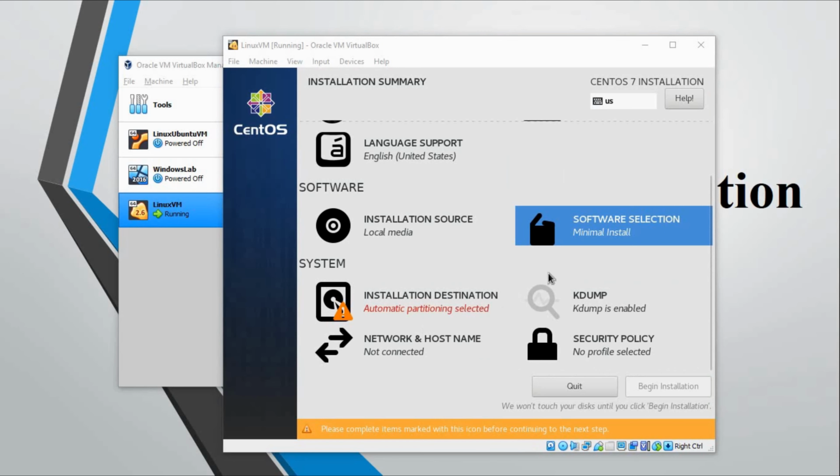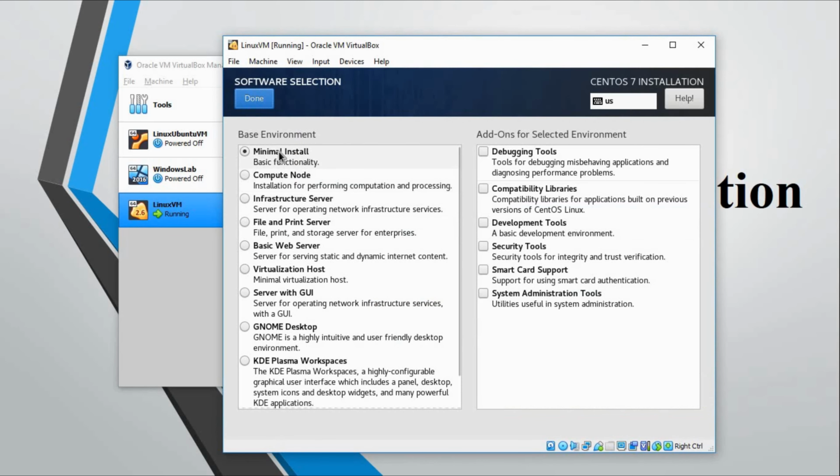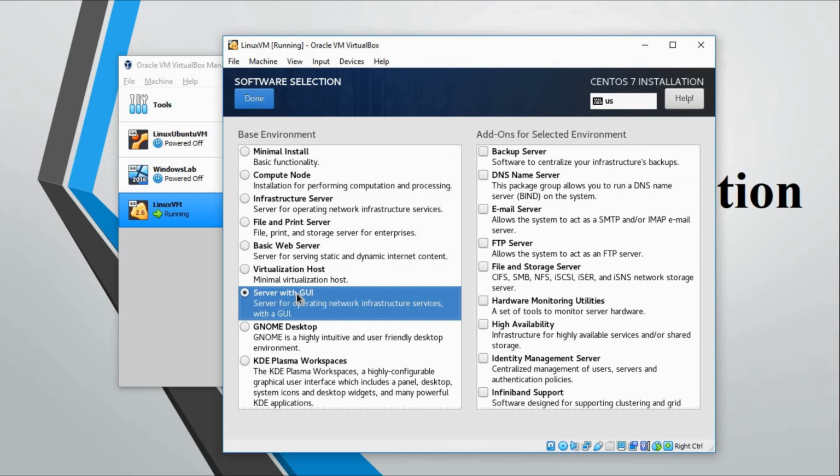Next one is software selection. By default it is minimal installation. When you pick minimal installation it will not install the GUI, it will install only the command line in the operating system. But for this lab I am going to click on Server with GUI. This way you have the server with a graphical user interface, and you can see certain things that you could add or remove using the GUI.